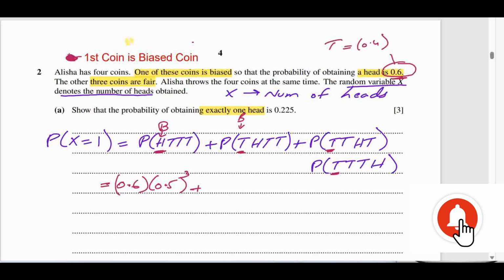बिकॉज टोटल प्रोबेबिलिटी किसी भी इवेंट की 1 होती है। तो 0.6 अगर हेड की प्रोबेबिलिटी है तो 0.4 आपके पास टेल की प्रोबेबिलिटी होगी। तो दिस विल बी इक्वल्स टू 0.4 इंटू 0.5 क्यूब, बाकी तीनों चाहे हेड हैं या टेल हैं, इन तीनों फेयर कॉइन्स की प्रोबेबिलिटी तो 0.5 ही है, इसलिए क्यूब कर देता हूँ।